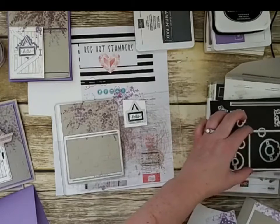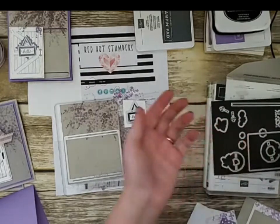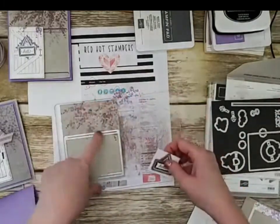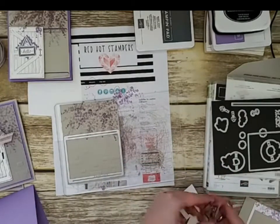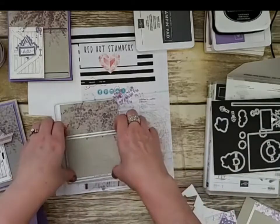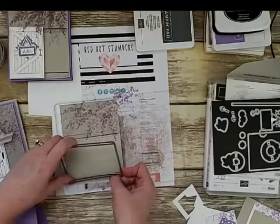Now I can't remember how they were on here. I don't know. I messed it up. Okay. This piece right here, you're going to want to save those two pieces that were cut out. If you already forgot, it's okay. It's not a big deal. But what you're going to do is put them on the card base so that there's